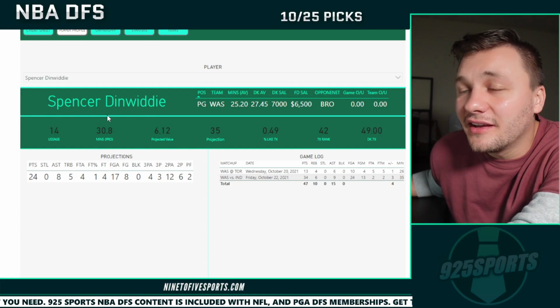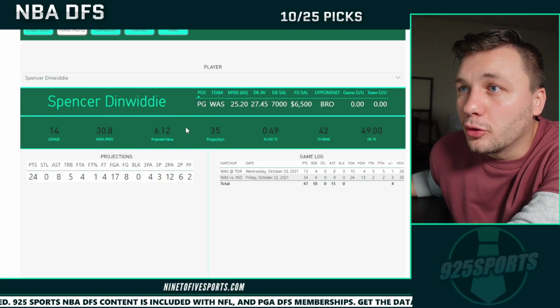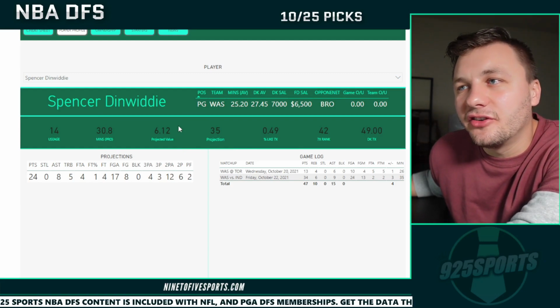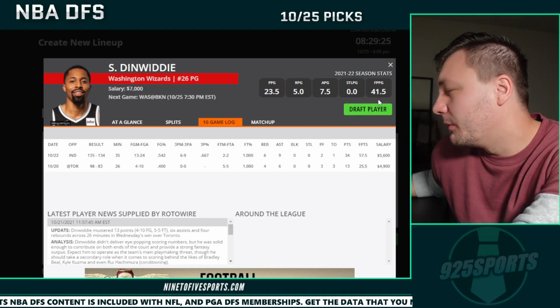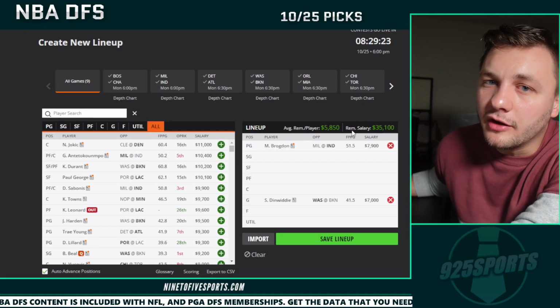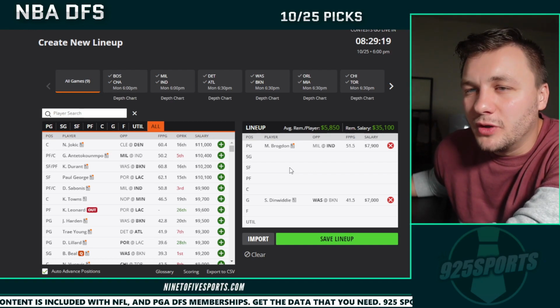Projected value of 6x. I do like that. 35 DK points projection, that's pretty strong. They're going against Brooklyn. I think this is just a game that we really do want to target for Spencer Dinwiddie. So yeah, I'm going to be putting him in there, starting out with 2 point guards. Obviously, I don't love to do that, but that's kind of the way that the slate is coming out for us